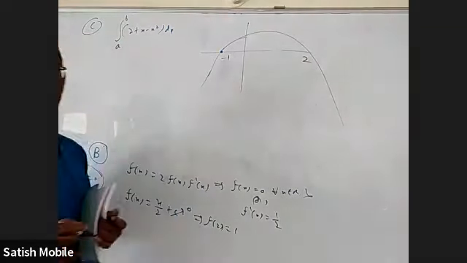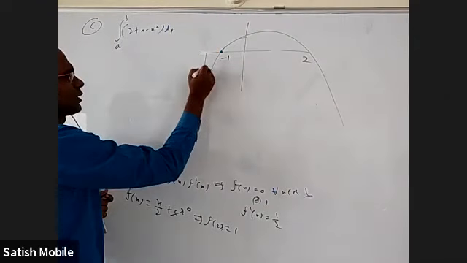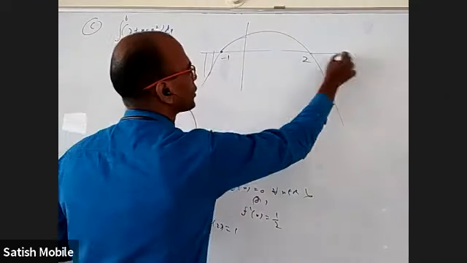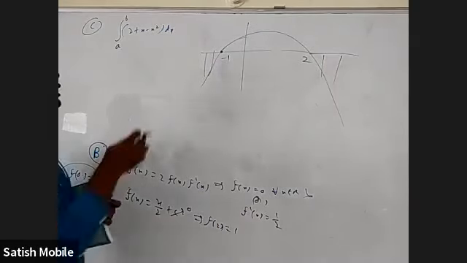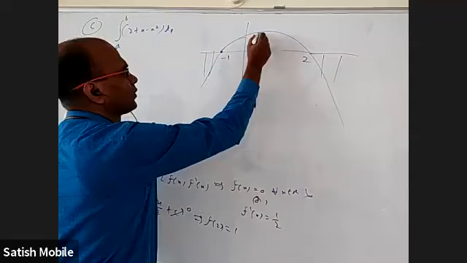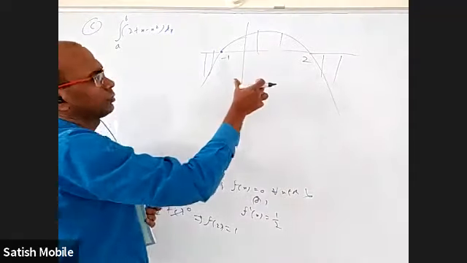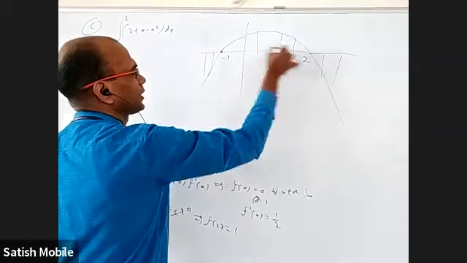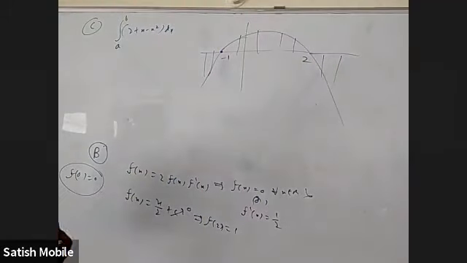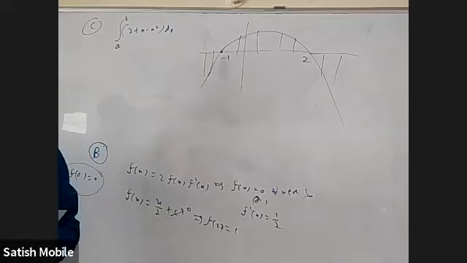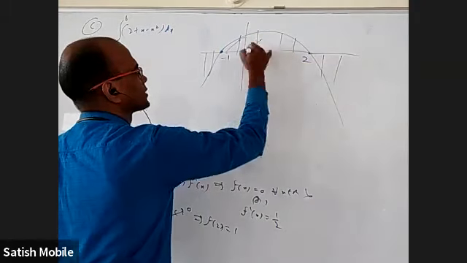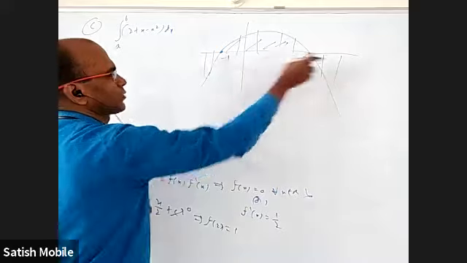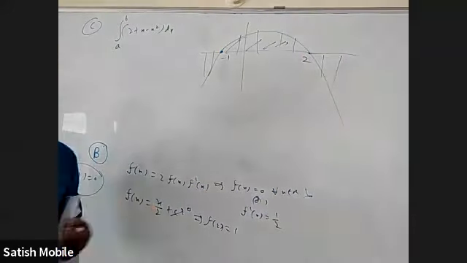Now, if I take some interval here from a to b, or if I take some interval here, my integration will be negative. So I want to maximize it. If I take from here to here, I'll get some value, it's positive. If I want to maximize it, I can take up to here, I'm covering more area. So I want to cover more area, that too positive, above the x-axis. So what is the fullest thing that I can cover to get the maximum? It is from -1 to 2. Then I'll get this area. If I go beyond 2 or beyond -1, I'll be adding some negative piece, and my area will be decreasing again.